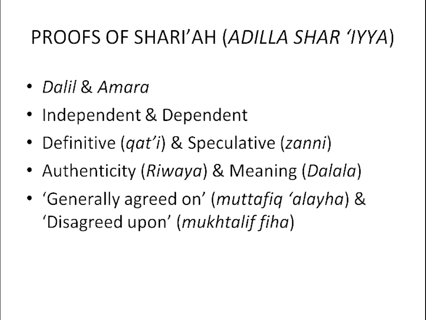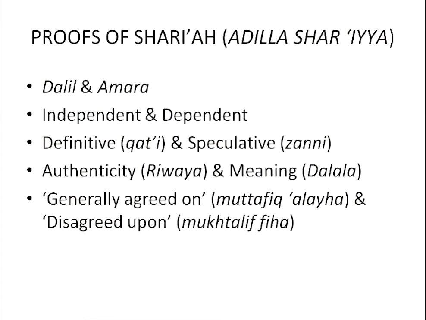It is believed that the Quran provides the indications to the identification of the sources. In Surah 4, verse 59, when you read the verse in detail, as I have discussed in my book, it provides the authority that the Quran and then the Sunnah of the Prophet, and then after that the decision of those in charge of the affairs, in other words the consensus, and then analogy. These are indicated in the ruling of that particular verse of the Quran. Then there is a distinction we have drawn between dalil and amara. Dalil is evidence which can engender decisive rules, whereas amara, or indication or sign, is known to be one that can only deliver